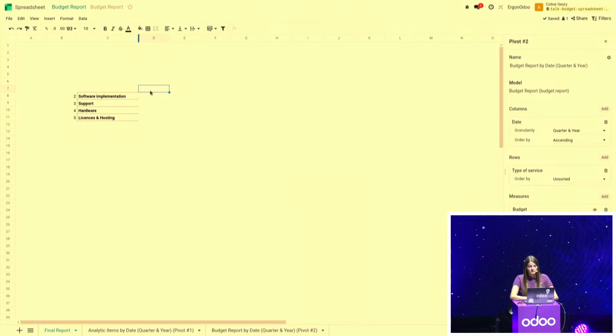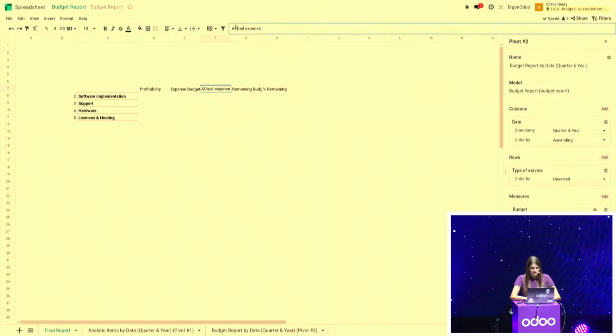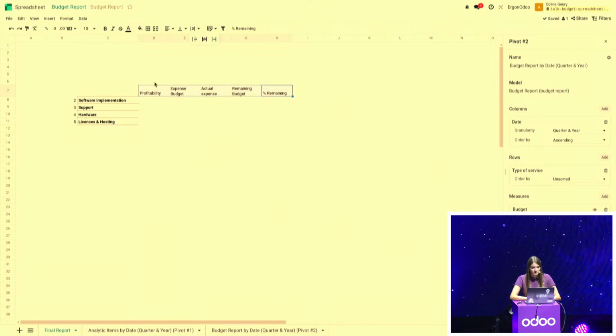Then I will need to add the columns. So as we saw, I want to have the profitability, I want to have the expense budget, the remaining budget, as well as the actual expenses, the remaining budget, and the percentage remaining of this budget. Okay, so I did a little typo here, just a C. Okay, so I have my lines, I have my columns, but I need to say from which date I want